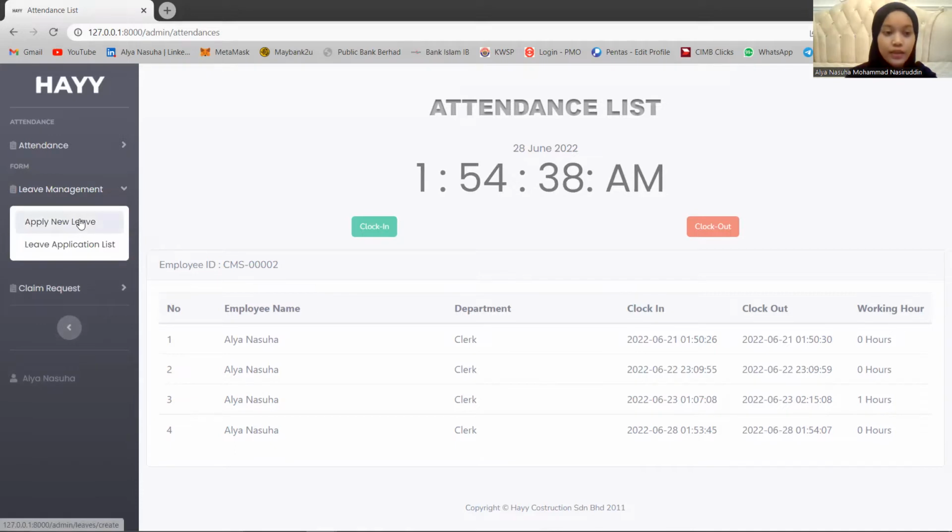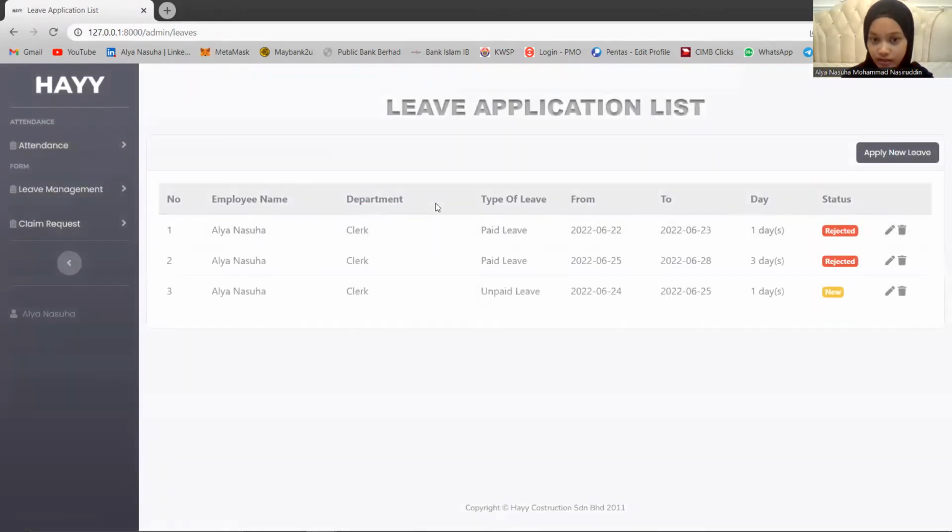So the employee can make leave applications. This is the example list of employee applications. As you can see here, the status is changed to rejected if the application has been rejected, and it will remain new if the application still didn't get a response from the